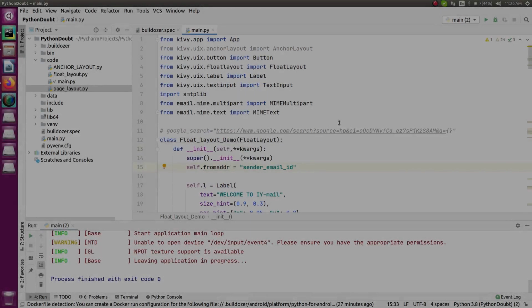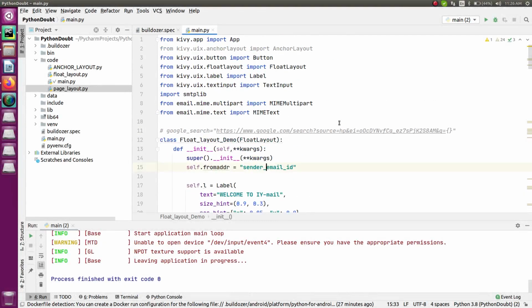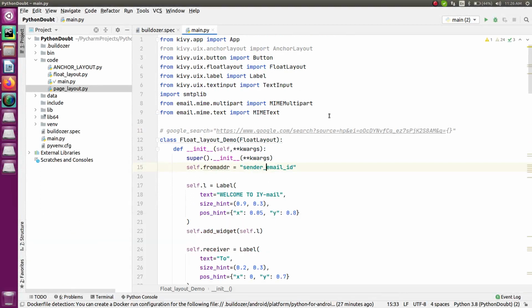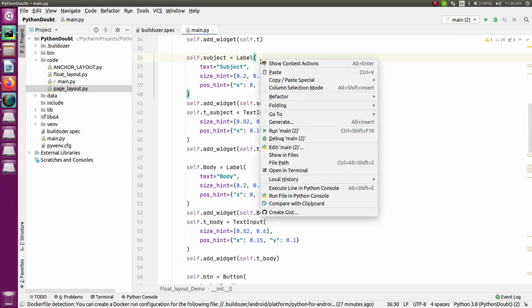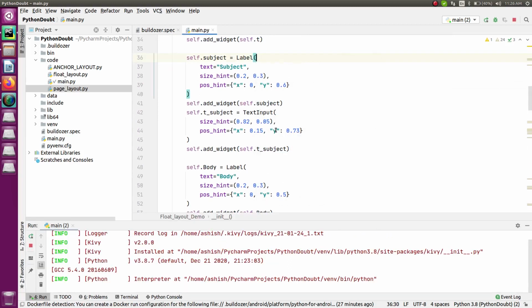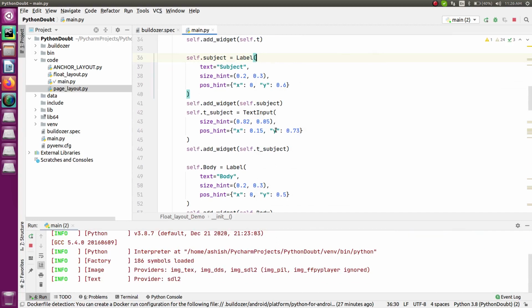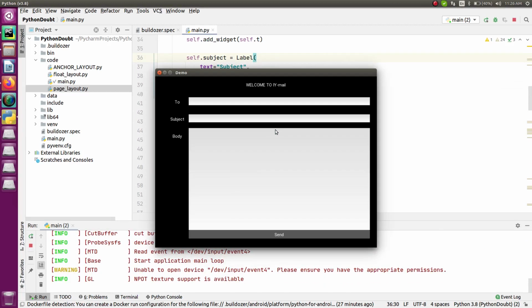Alright, so you can see this is a project which I have already created for you, right? So for that, let me just explain what exactly I have done in here. Let me just show you a demo for this first. Alright, so you can see this is a small image which I am showing to you so that you can understand what exactly I am doing in here.